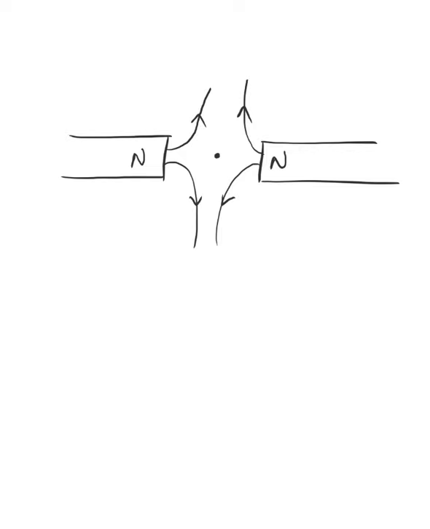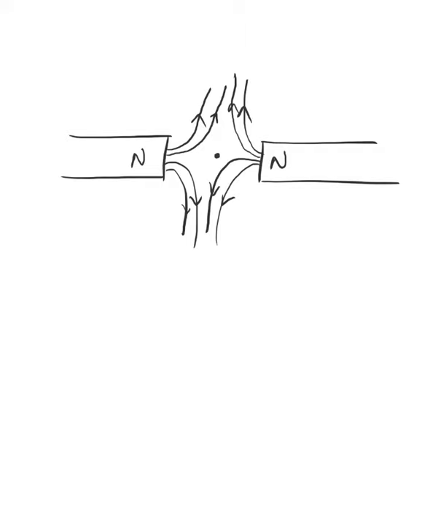So I'll just mark, say there could be one more line going out like this here, one more line from here to outside, like this. Okay, so north and north pole are facing each other. The same thing can also be drawn for south and south. But just remember the difference that I told you.